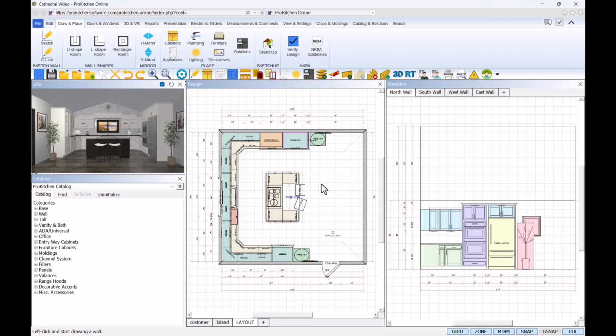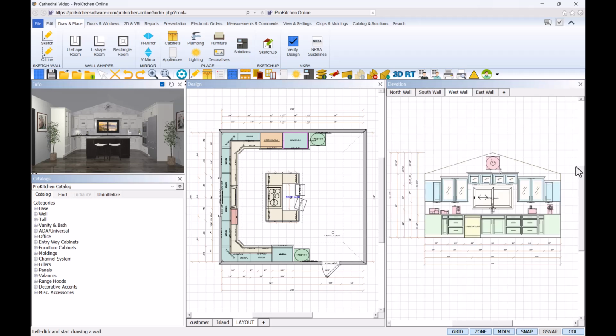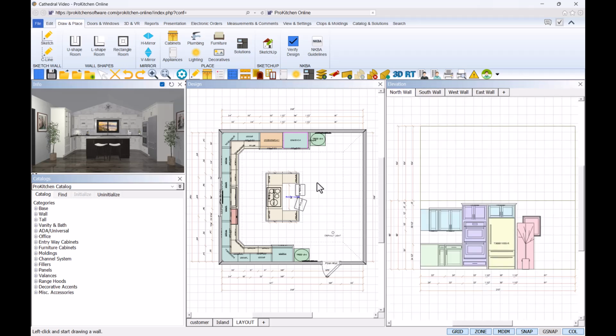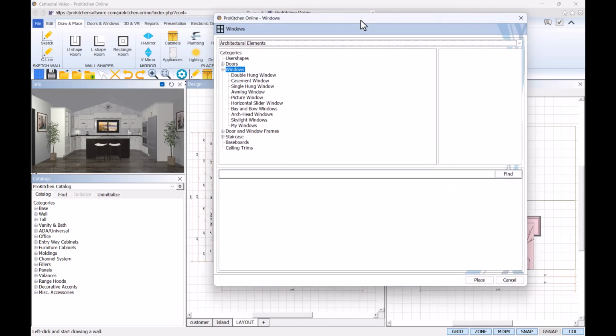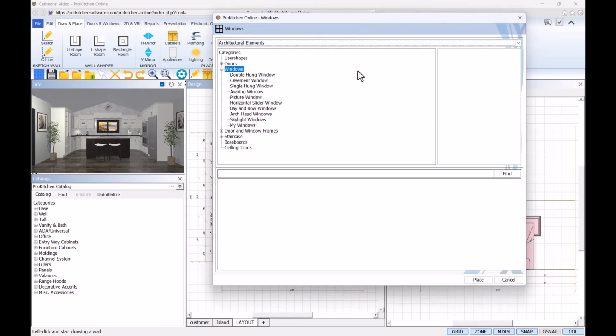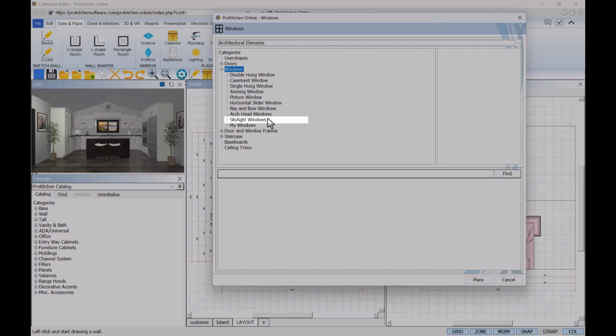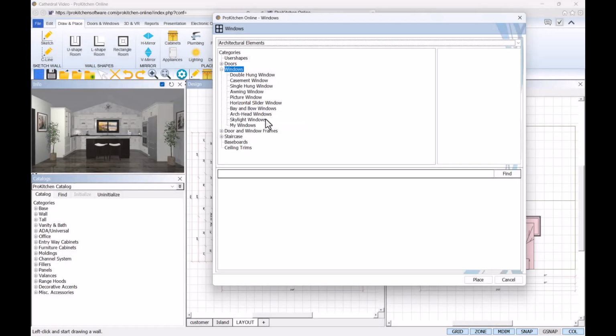In the first video of this series, we created a cathedral ceiling shape within this room. To add a skylight window, navigate to either the doors or the windows icon on the toolbar, and left-click to launch the Architectural Elements dialog box. When we open the Windows folder, you will see near the bottom of the subfolders that there are skylight windows available intentionally for the purpose of being applied to the cathedral ceiling walls, though you may choose any window type